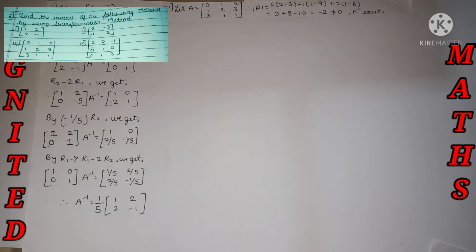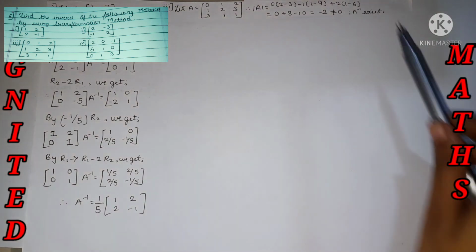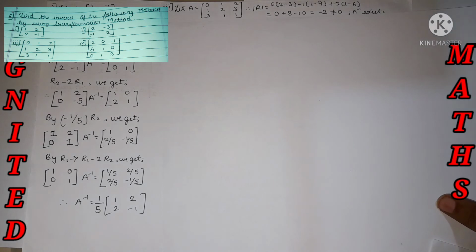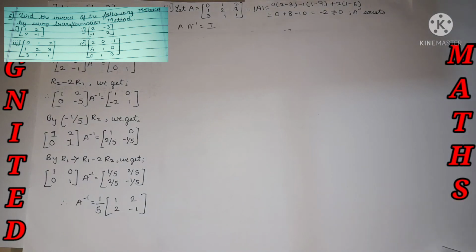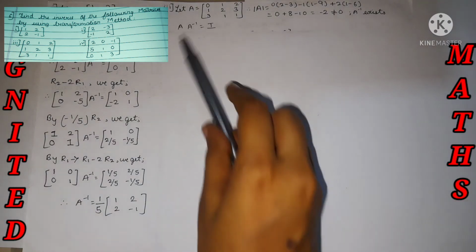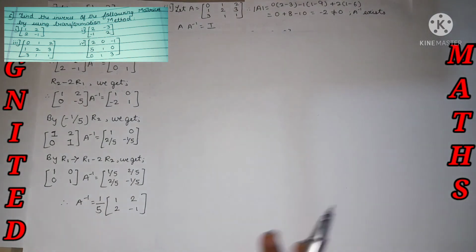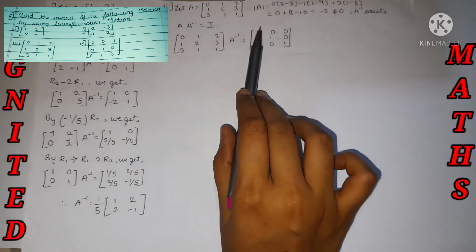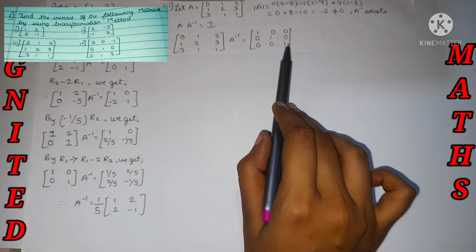So I took the third sub question. We'll do each and every main sub question over here so that the concept will be clear. The procedure is absolutely the same. We need to find the value of A determinant, and it should be not equal to 0, so the A inverse exists, and the formula is A inverse is equal to I. The A value we know, and the identity for 3 cross 3 we also know: 1 0 0, 0 1 0, 0 0 1.